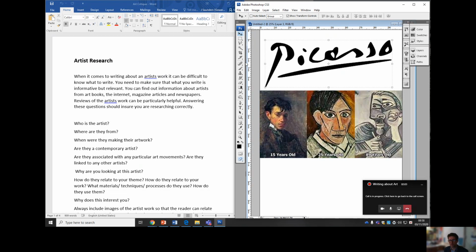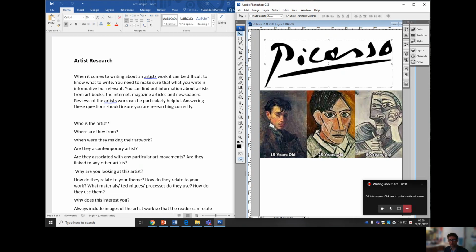Now, Picasso's a very interesting person because from the age of about 15 right through to when he died, he was producing work. He was an incredible artist. He probably produced hundreds of thousands of pieces of work, from little folded sculptures to large mural paintworks to tiny prints that he signed off. So this is an artist who produced an incredible body of work.